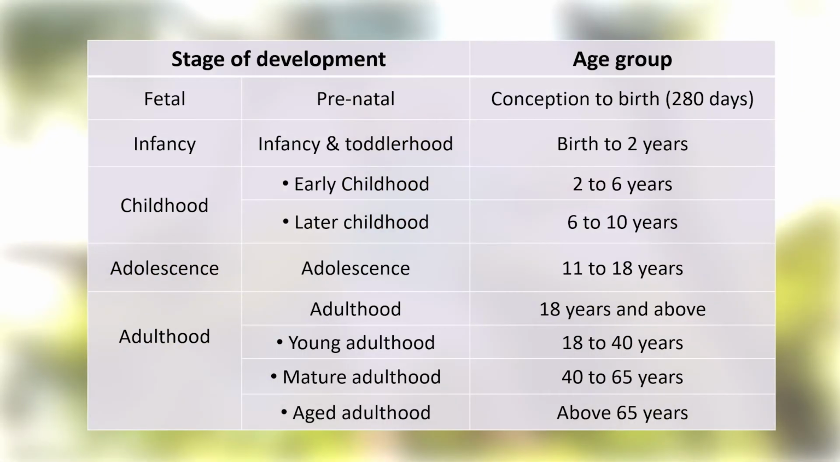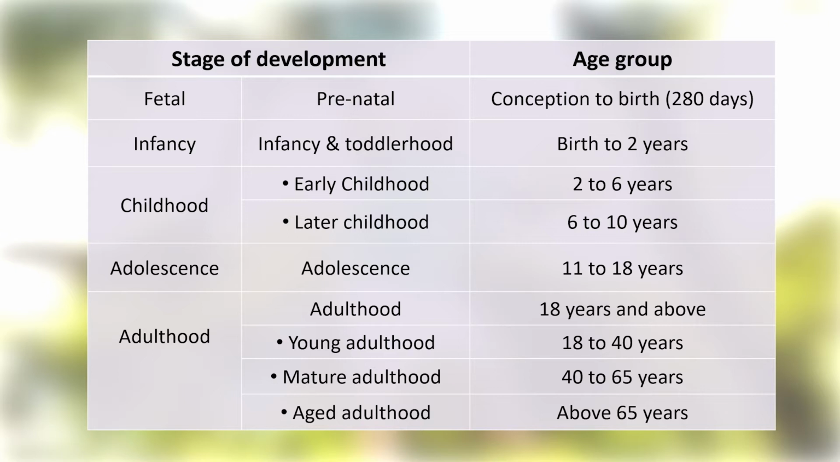Having understood the concepts of growth and development, now we can easily and clearly understand the stages of development of a human being. A human being undergoes definite stages of development. These changes are in sequence. They are from the fetal stage to the infancy stage to the childhood stage to adolescence to adulthood. The fetal stage is from conception to birth. It is an average of